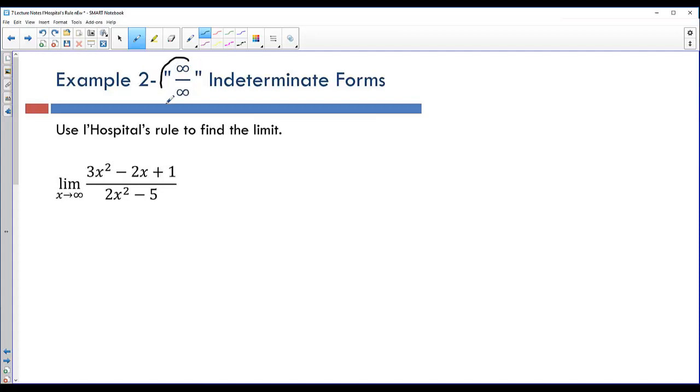Let's do one with infinity over infinity form. So again, this is the one we did when we were reviewing, and I showed you how we did it when we first learned it. But let's just, again, if you plug in infinity, notice you get infinity on top and infinity on the bottom. So we have this infinity over infinity form, which is a nice L'Hopital form. So it means we can use L'Hopital's rule, but it is an indeterminate form. So we have this indeterminate form that we can L'Hopital. So this will be equal to, by L'Hopital's rule,